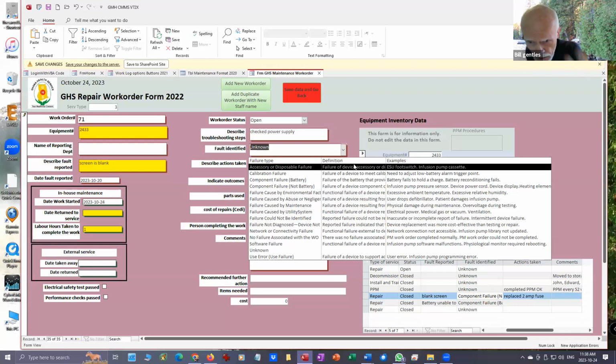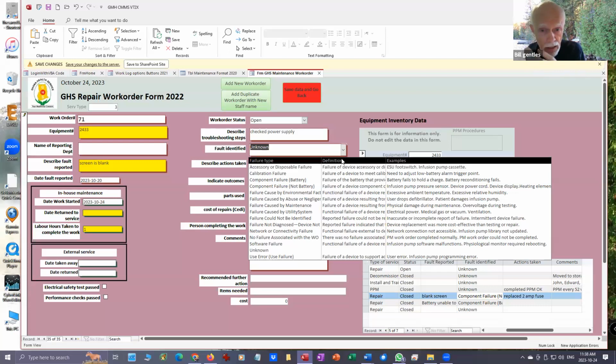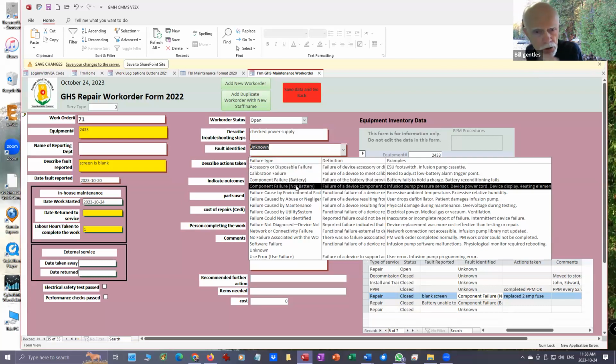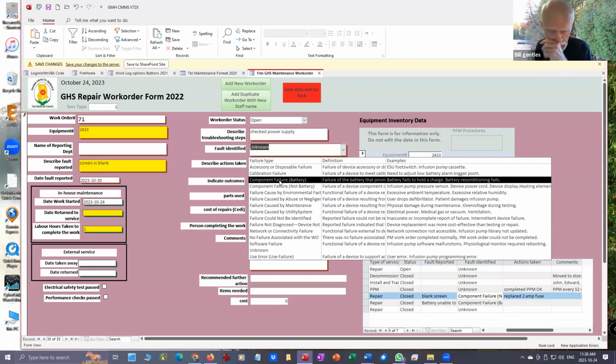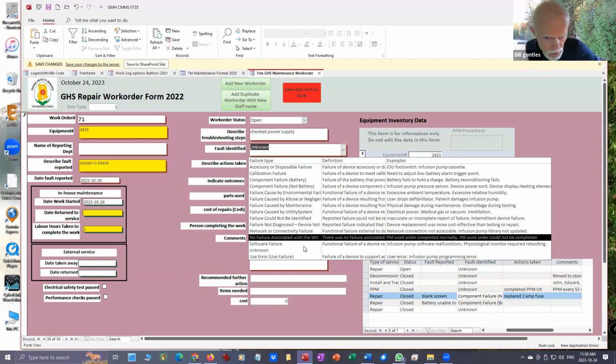They've done a lot of studies on equipment maintenance, and it's important here. The reason this is a pull-down list is because it's important to have a rather limited list of descriptions of faults so that you can categorize them and do things like